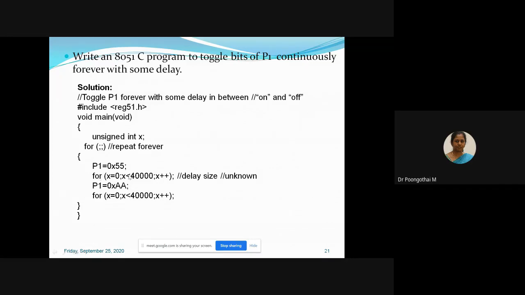Here I have included one for loop. The delay size is unknown; randomly I have chosen this value, and continuously this loop will get executed from 0 to 40,000. First I am moving 55 to P1. Next include a for loop. Again I am moving AA to P1 and include a for loop. This program is used to toggle the bits of P1 continuously with some unknown delay.